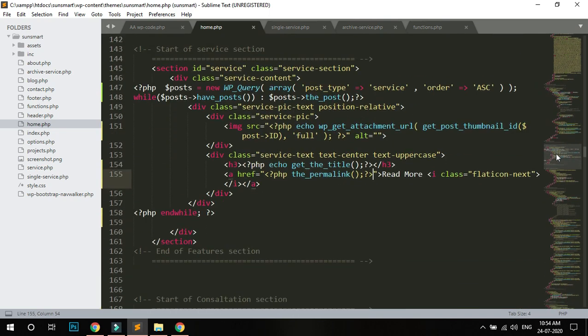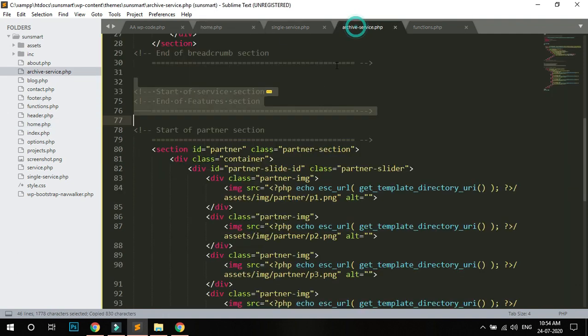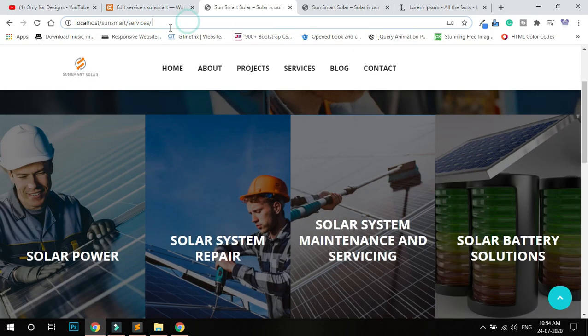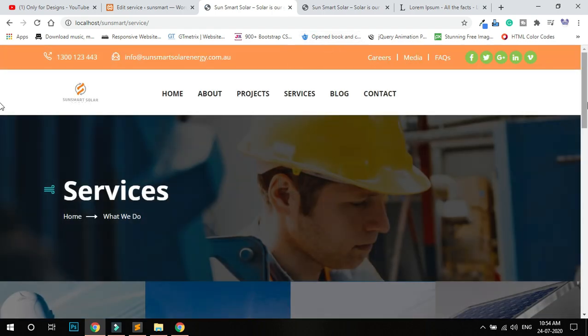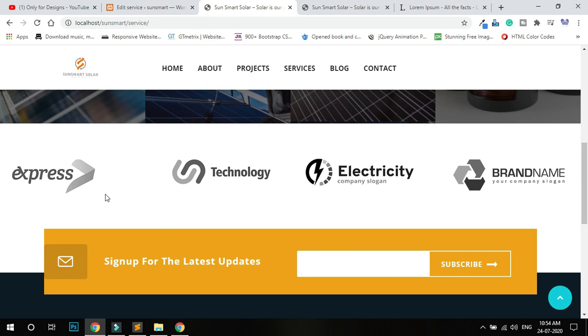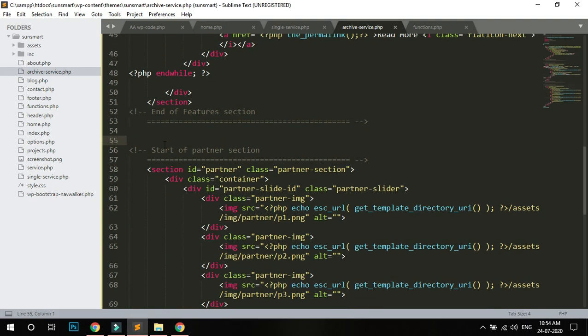Copy and paste. Okay, save, and it's not service, just service. You can see this is the service page. Okay, and I don't need this one here, so I delete it.